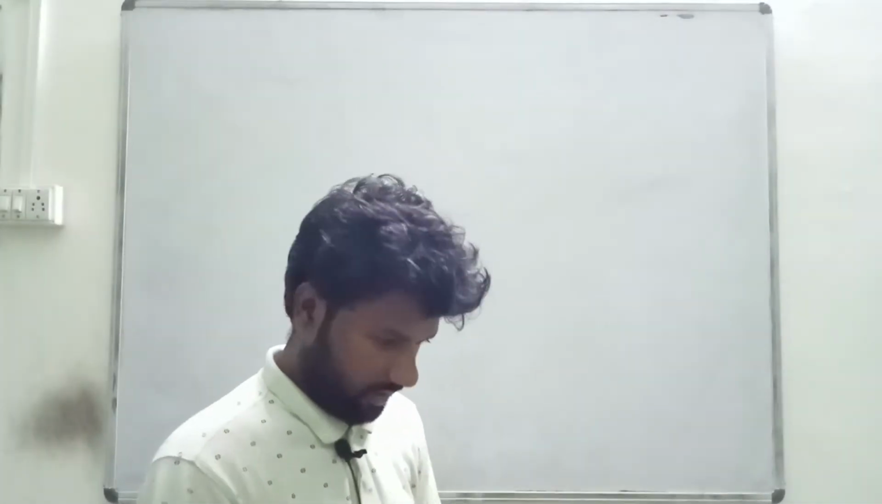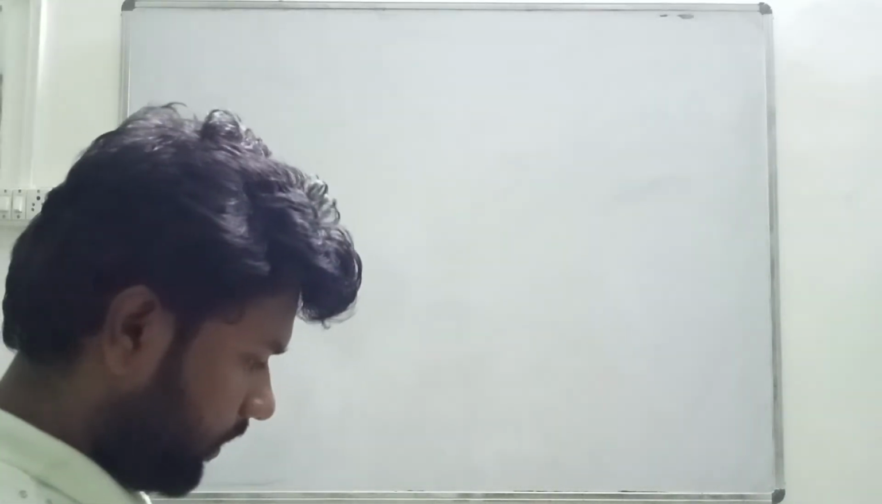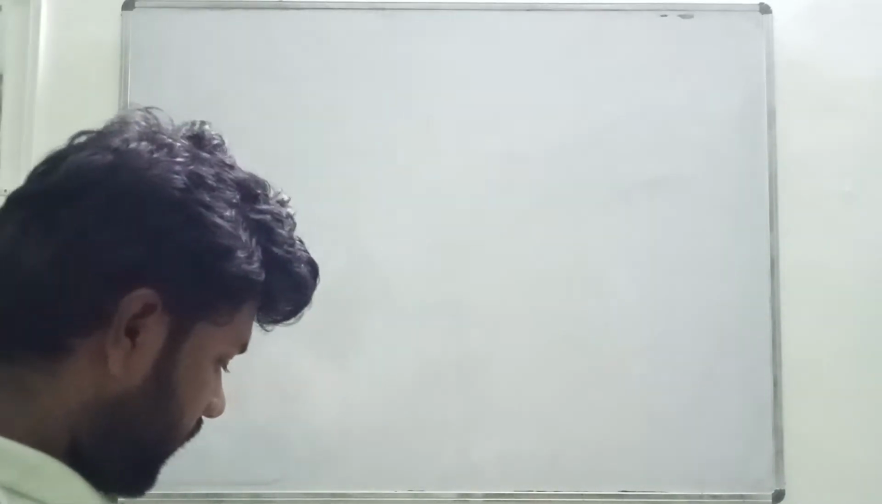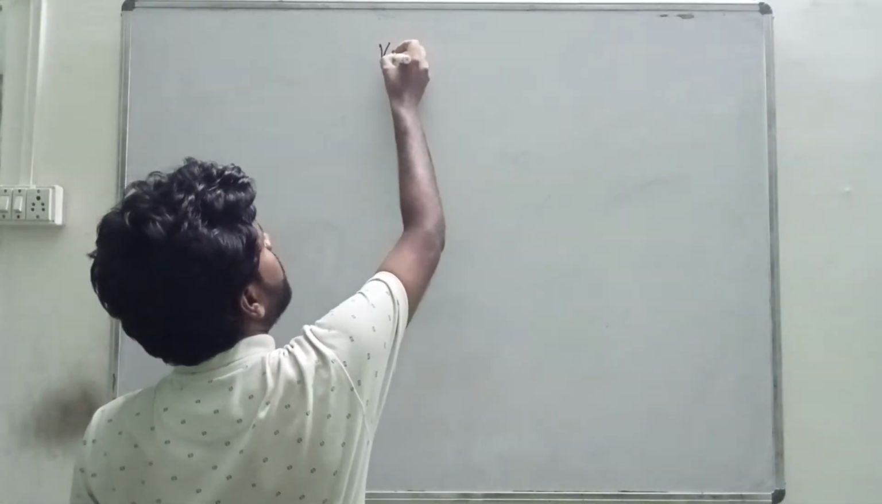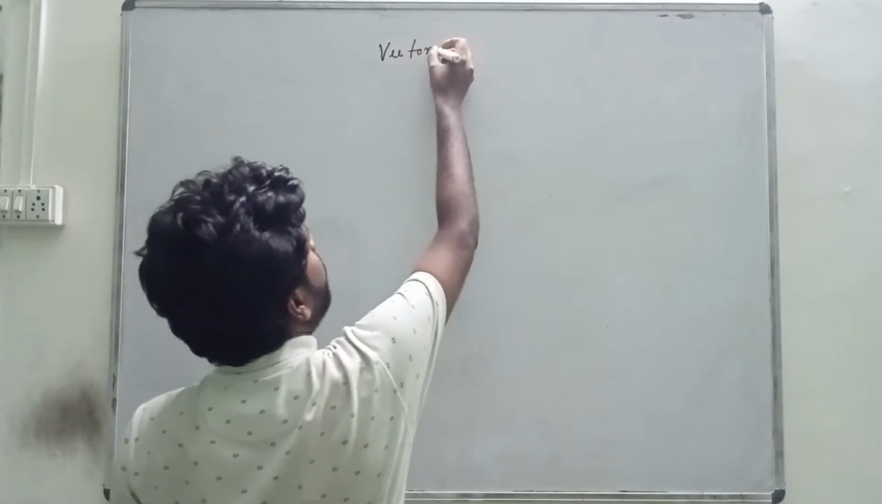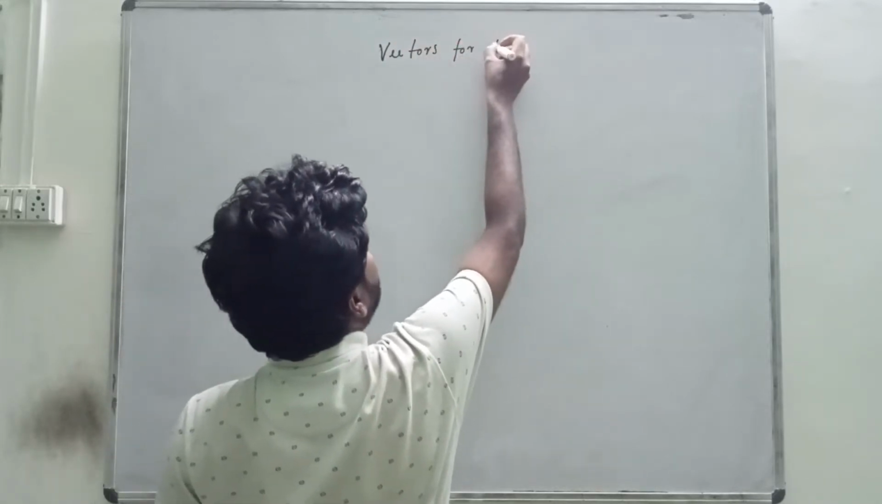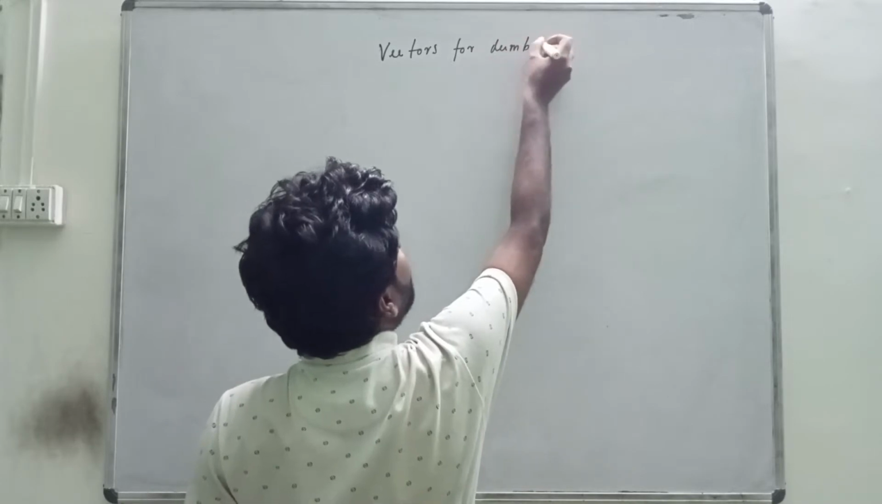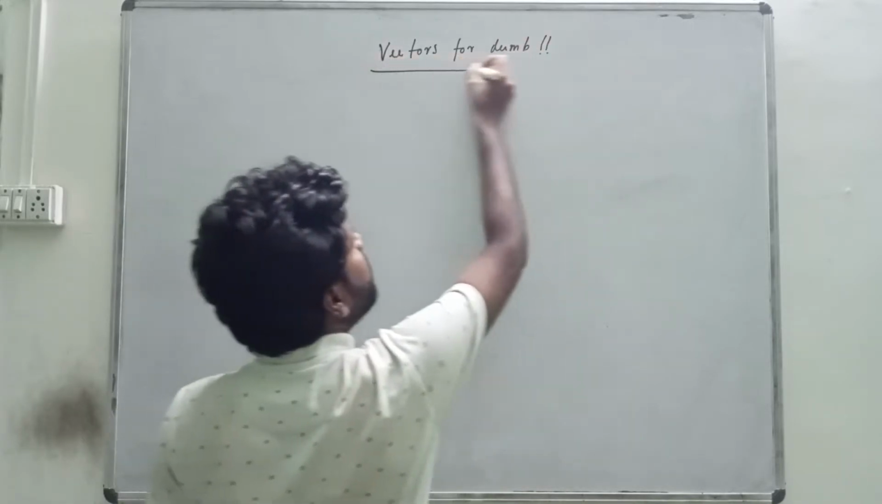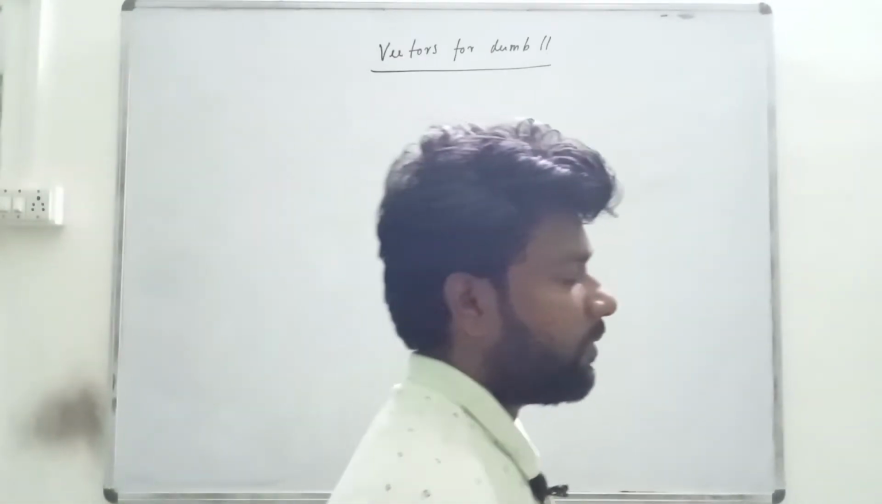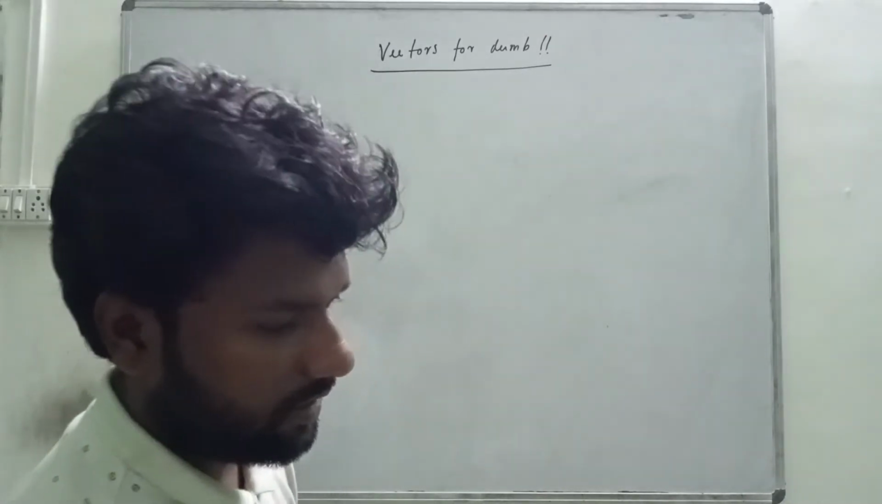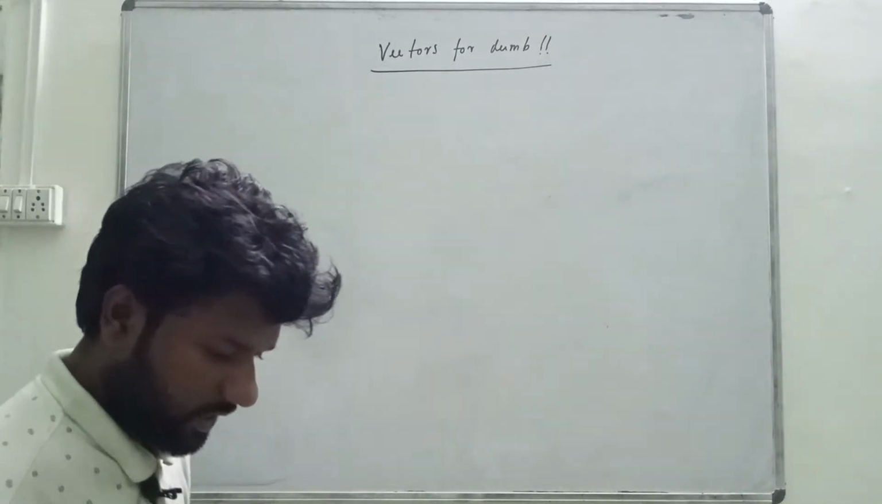Okay, so it is our next part for the lecture series, vectors for down, right? It is actually just a continuation from our previous part, I mean part 1 of our lecture